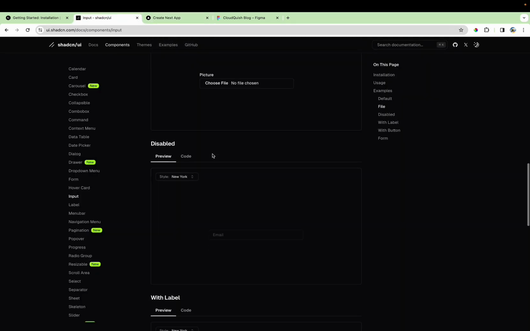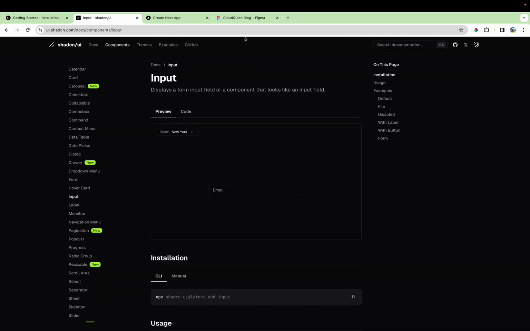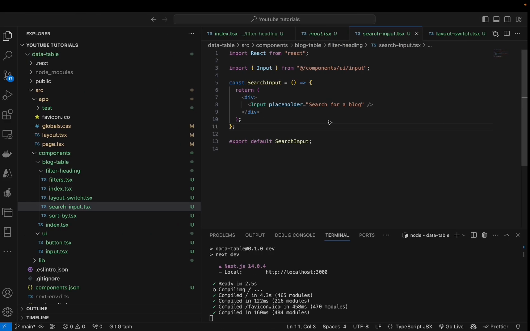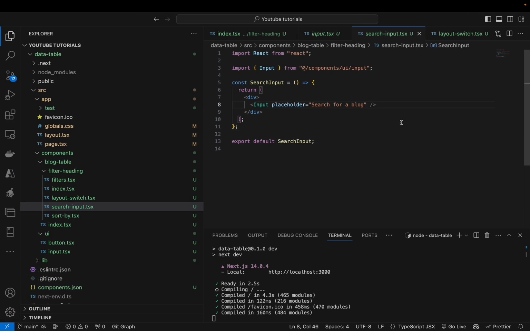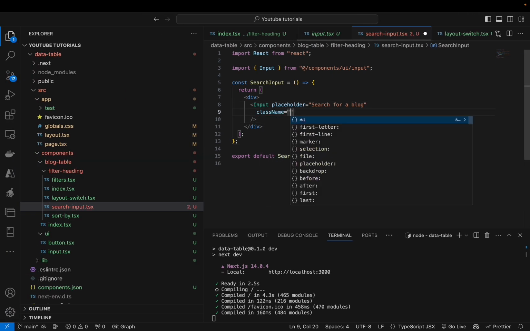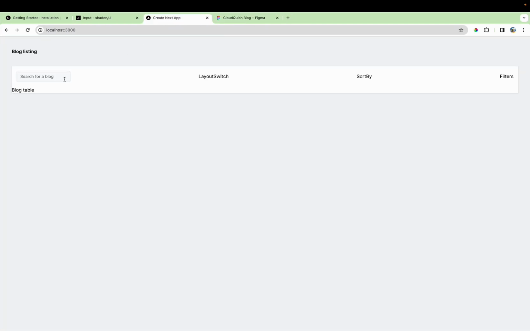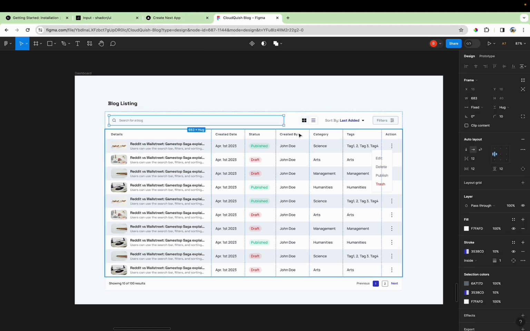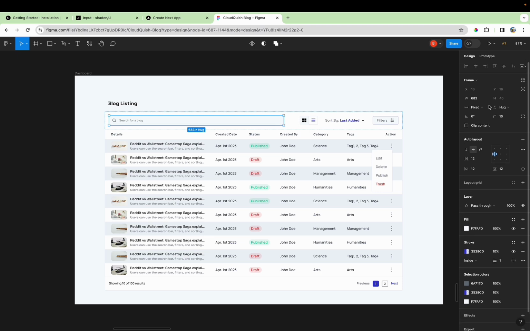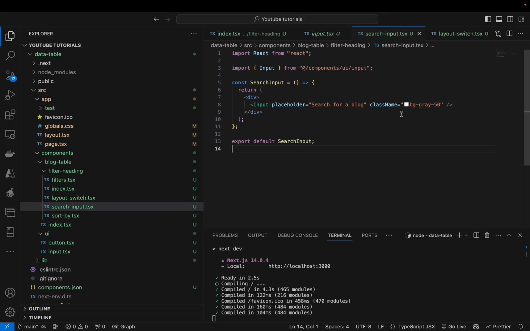Apart from that, if I go inside here, I can make this input component a bit dark color, like a grayish color. So in order to do that, I will just pass bg-gray-50. I hope that works. Okay, that looks just like our UI that we wanted, but you will see that it has a big width. And if I see the CSS file, it has 680 pixels. Let's just make this minimum width of